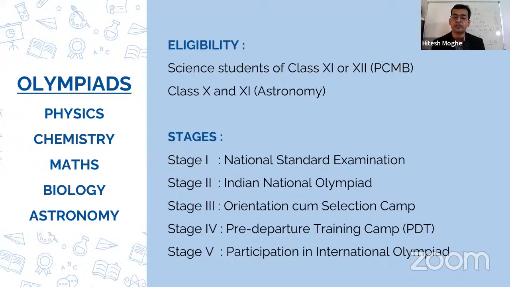First level is called regional level. Second is national level. And if you clear the national level as well, then they organize a few camps. And finally, they select 6 students who represent India at the International Olympiad. So a 6-student team for the Physics Olympiad, 6 students for the International Chemistry Olympiad, 6 for maths, and so on. So there are various stages in